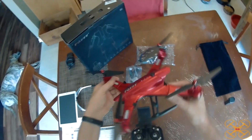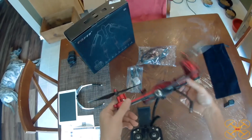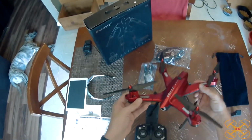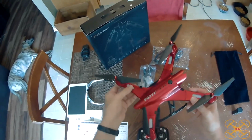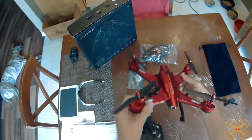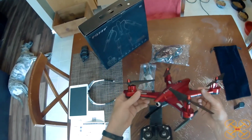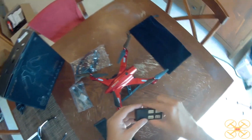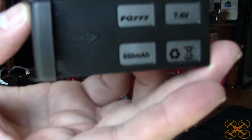The yaw does increase at the rates on it. You get about 9.5 minutes flight time. I wasn't able to get an LVC because I had trouble seeing the LEDs when they were first starting to blink low. So at around 9 minutes, you want to make sure you're close if you got a timer going on this guy. The battery it comes with here is a 7.4 volt, 850 milliamp hour battery,